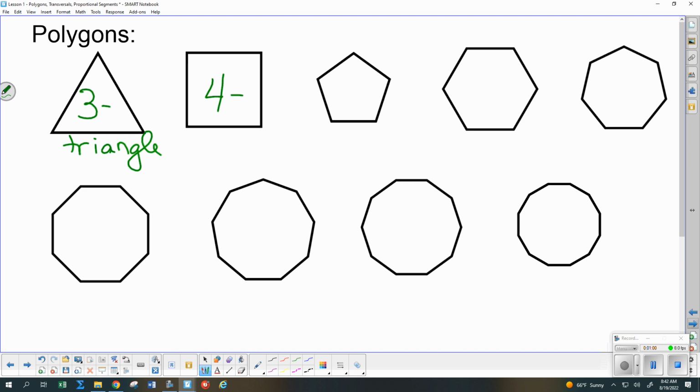The angles may or may not be 90 degrees. What do we call it just because it has 4 sides? Shout it out if you remember. Perfect. A little hard to spell, but quadrilateral. No, I'm not giving you a spelling test on these, but good to try to learn how to spell